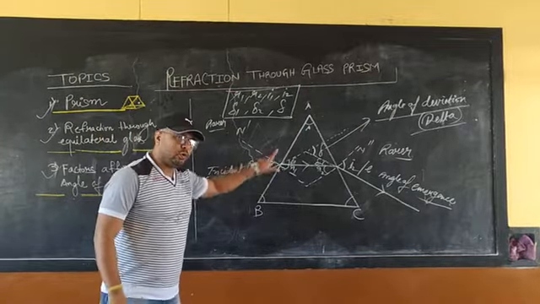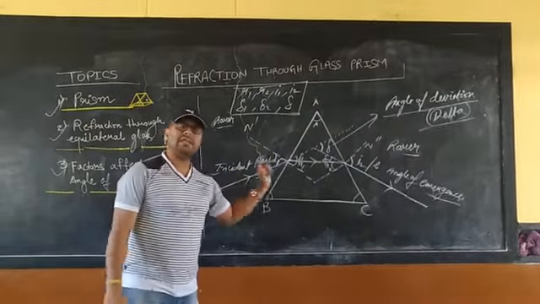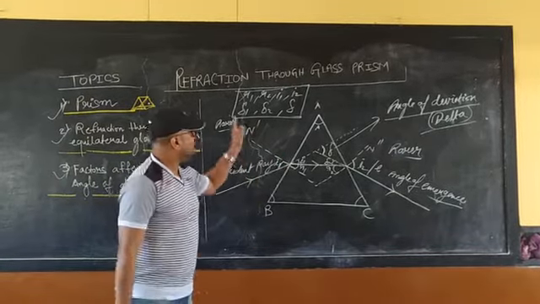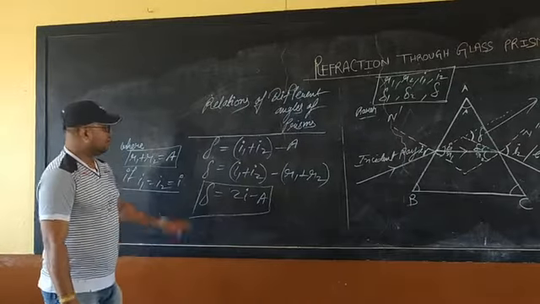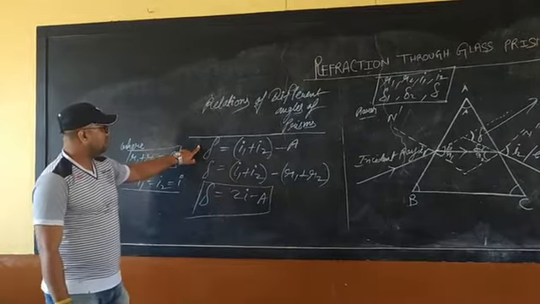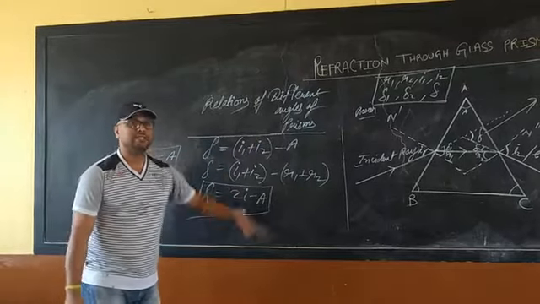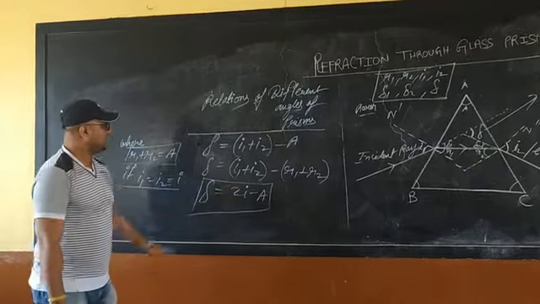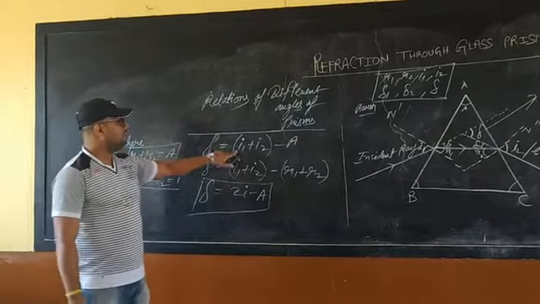You may go back through this video and check. If there is any difficulty, we will discuss. Now we are going to write the relationships of the different angles. Now students, we are going to understand the relationship between the different angles mentioned over there in the glass prism. The angle of deviation, as I have mentioned to you, can be obtained with this I1 plus I2.